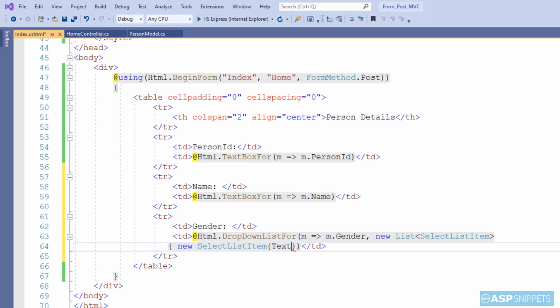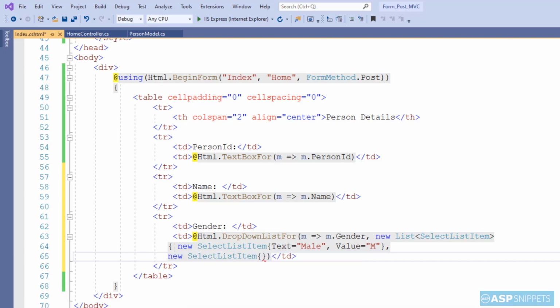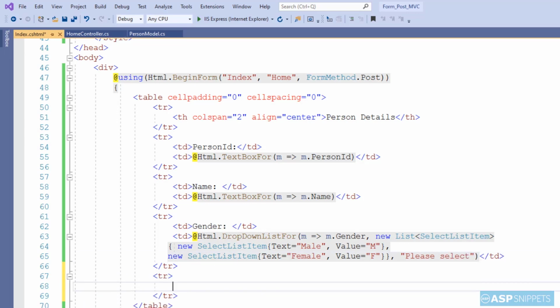The first object is for the first option, which is Male. The text I am setting as Male and the value I am setting as M. In a similar way, for the second option, I am setting the text as Female and the value as F. Now the third parameter of the DropDownListFor function is the default value. So I am setting the default value as Please Select.